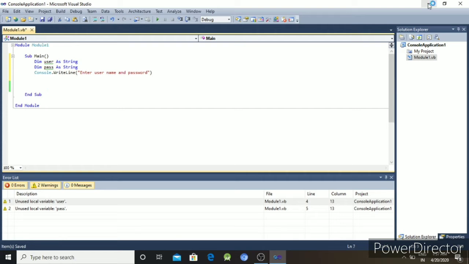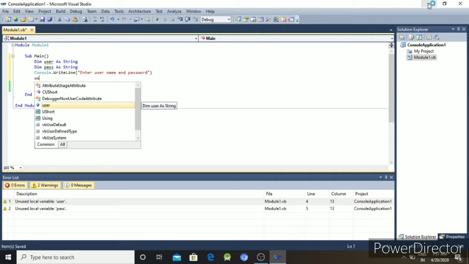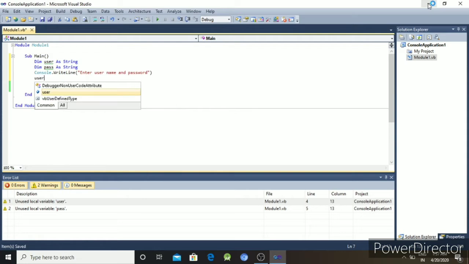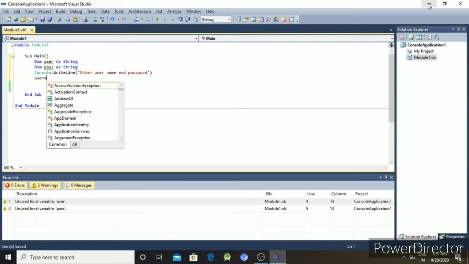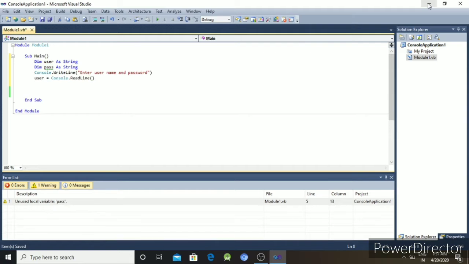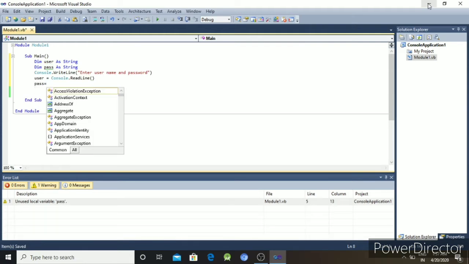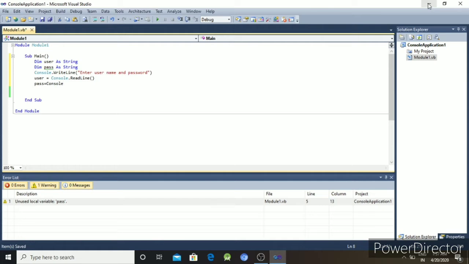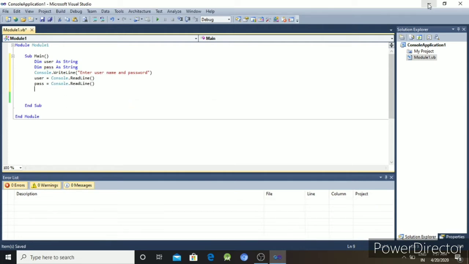So you have to use user equal to Console.ReadLine. Then another input, pass equal to Console.ReadLine.